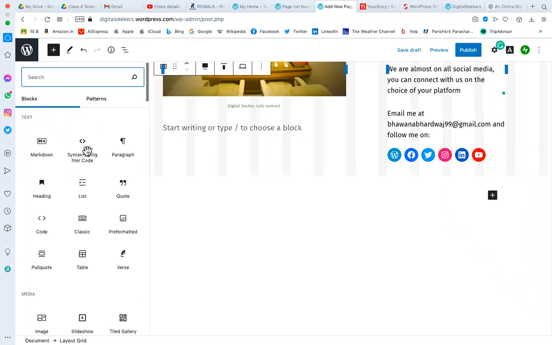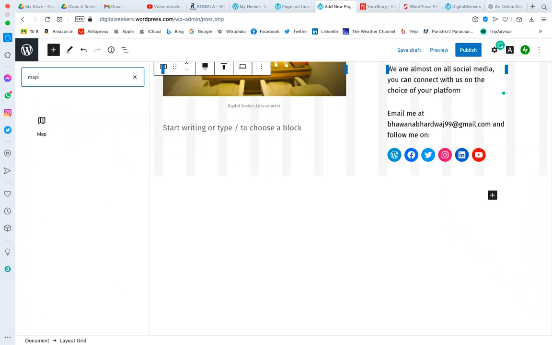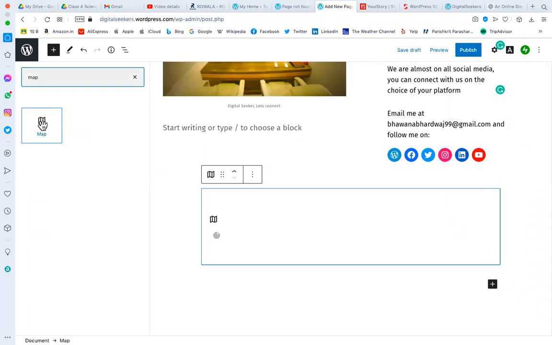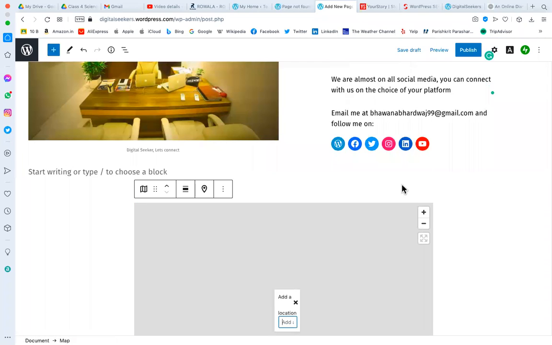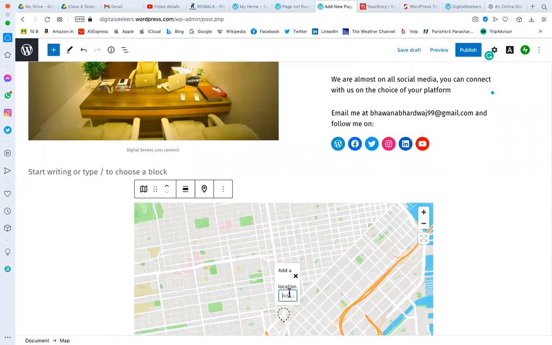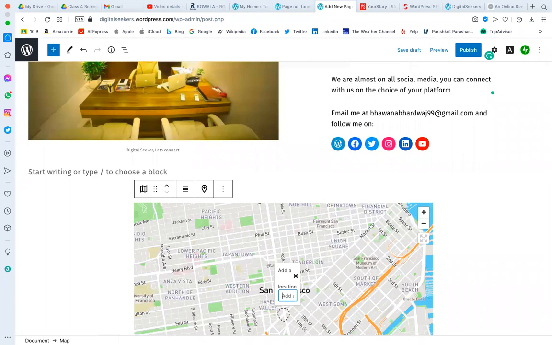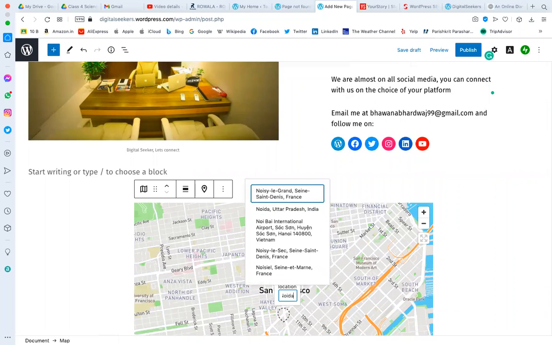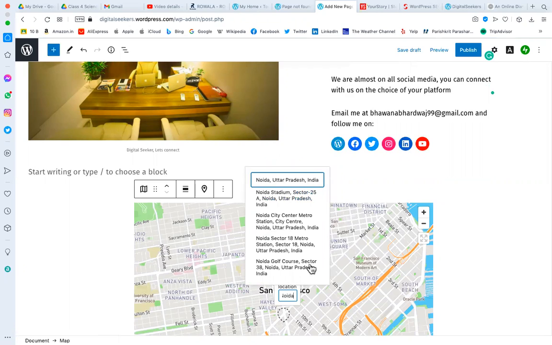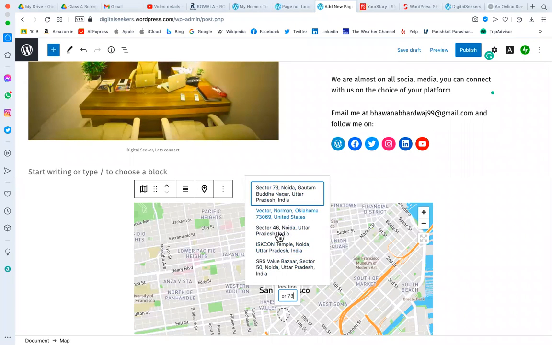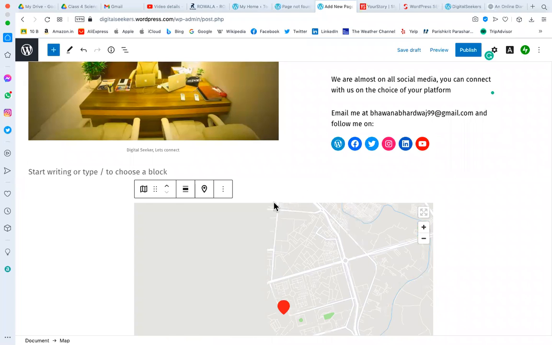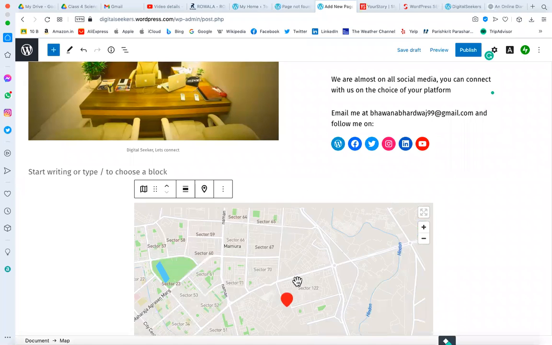If we want to add a map of a place, I can add a map. So here I'm adding a map. You can write your address and it will suggest the location. So this is the map you have given.